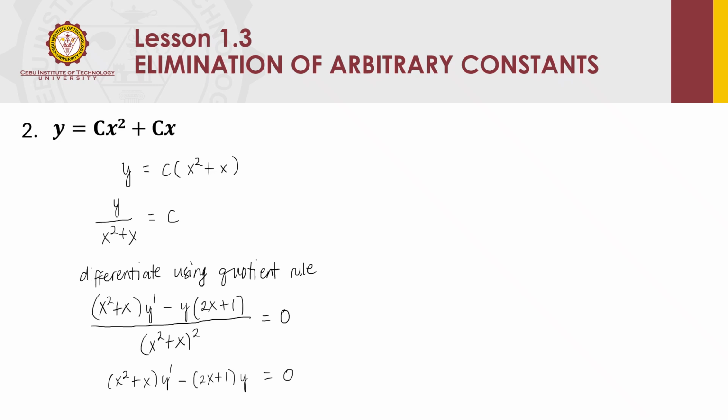So this is already a differential equation. The first one even is already a differential equation, but we need, of course, to simplify our answer. Okay, so this does not contain the arbitrary constant c, and then it's consistent with the given general solution. We're not using other equations to get the DE, and then it's of first order because we'll have only one arbitrary constant.